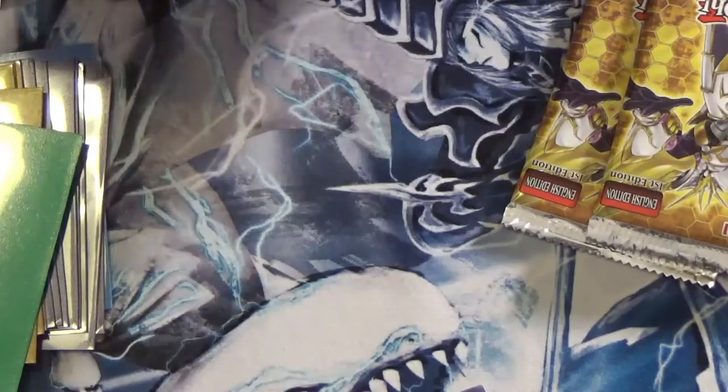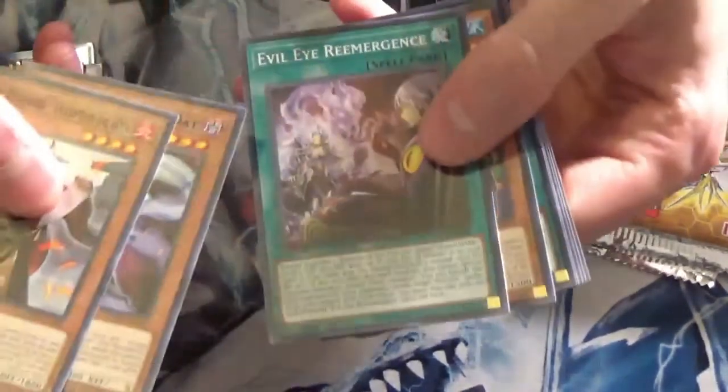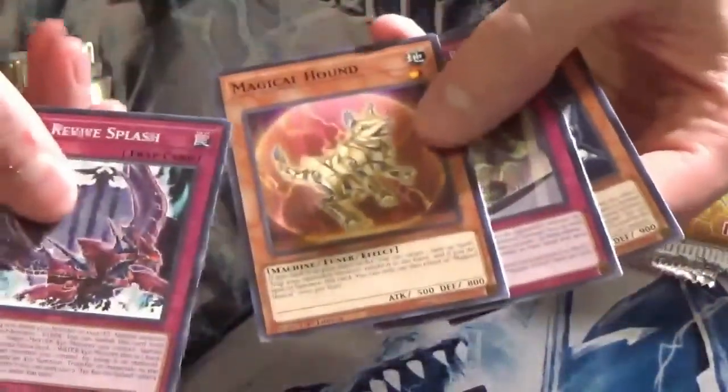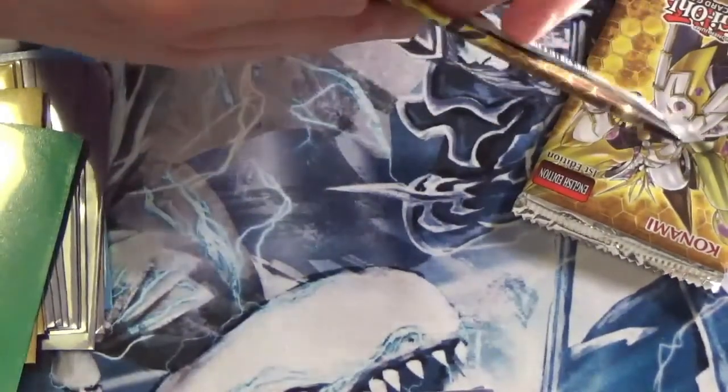For those of you that have been on the channel for a while, or that come around the crew, you'll know that I'm a huge Orcust fan, and we just pulled the boy, so I'm a little on a high right now, so I'm not even like really looking. So we got Deceptive and Zero Day and Evil Eye and Deep Sea Minister, and then we got Witchcrafter Unraveling. We got another Magical Hound. I think that card is actually undervalued. And we'll go over why once we go through them again in a little bit. So, let's...